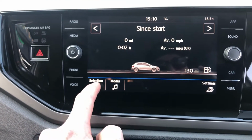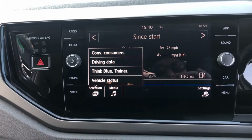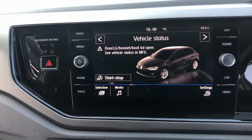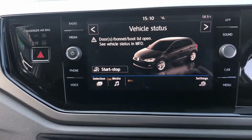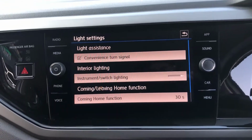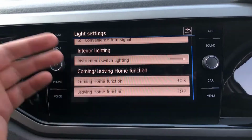If you click on car, you can click on selection, and you can change driving data, think Blue Trainer, and of course vehicle status, which lets you know that I've left the boot open because I'm a bit of a plonker. But if you click on vehicle settings, you can change such things as your lights, convenience, signal, you've got